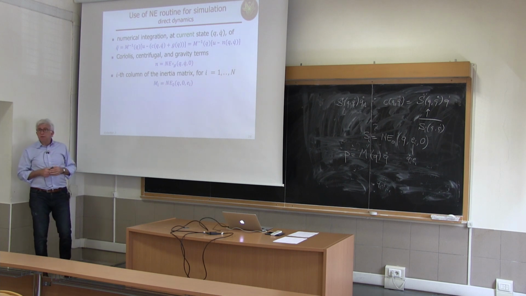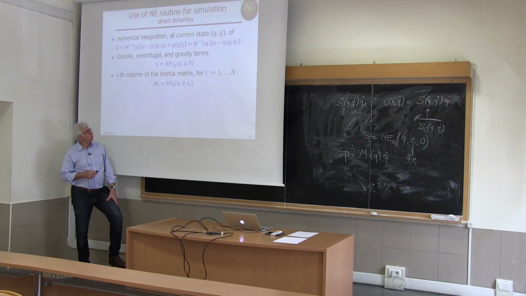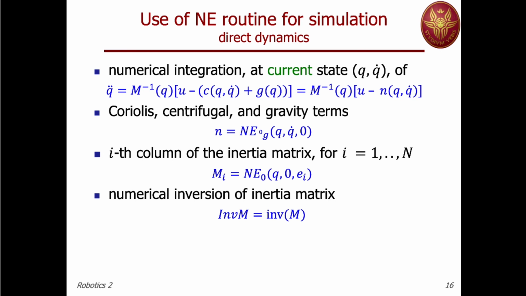Then I have to generate the inertia matrix and its inverse. We have seen that we can do this by generating the columns of the inertia matrix. So I'm calling n times the Newton-Euler algorithm with a 0 here, so that gravity is gone, with 0 in velocity so that Coriolis and centrifugal terms are gone, at the current configuration q, and with the unit vector 0, 0, 1 in position i, 0, to select the ith column numerically. I'm obtaining the numerical version of the ith column at the current configuration q. I do this n times, so I generate the whole matrix. Now I have a matrix of numbers, let's say a 6 by 6 matrix for a 6 degree of freedom robot,